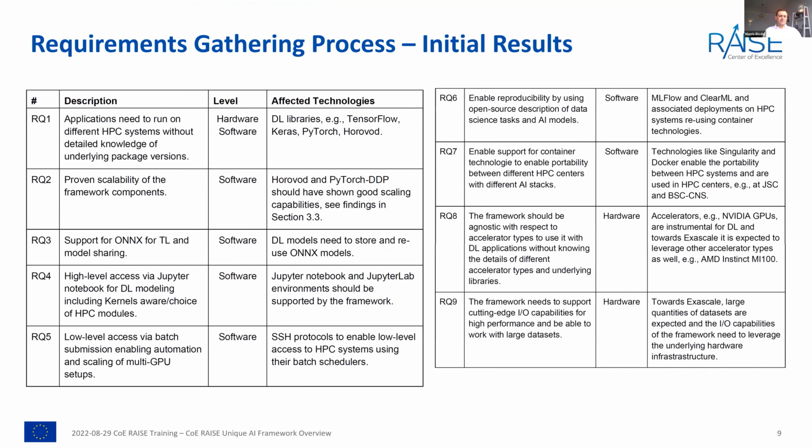So summarizing this a little bit as initial results, of course, we had these requirements 1 to 9, where we know, okay, this is something we have learned: different HPC systems, we need the underlying packages and versions of all these deep learning technologies, on the hardware and software level. What we don't know is really, when we talk about Exascale, how they actually scale. There are lots of different technologies that enable distributed scaling at scale. Let's say Tarantella, there's Heat, there's Horovod, PyTorch DDP.